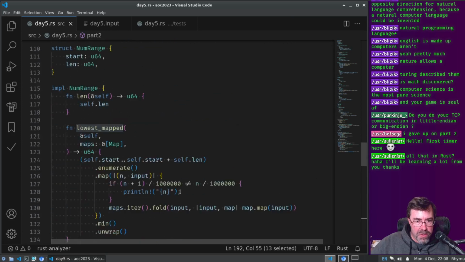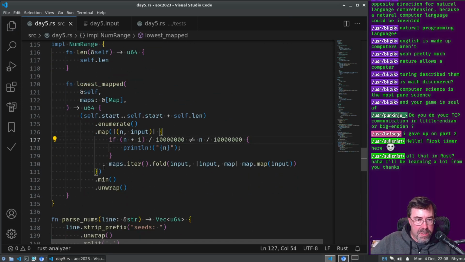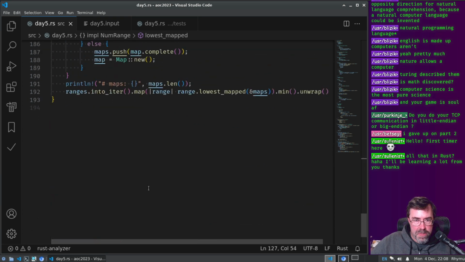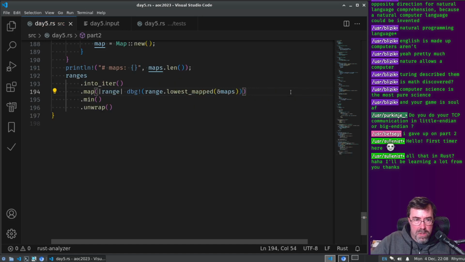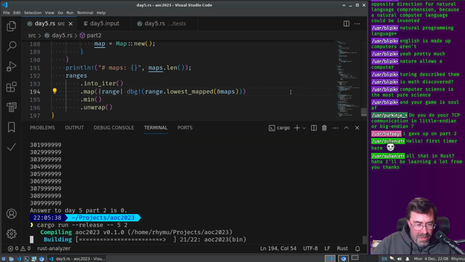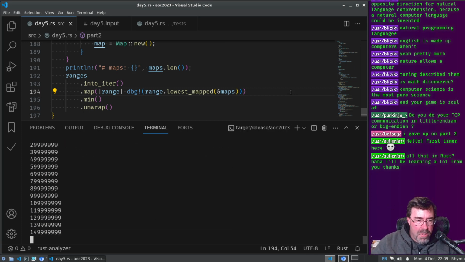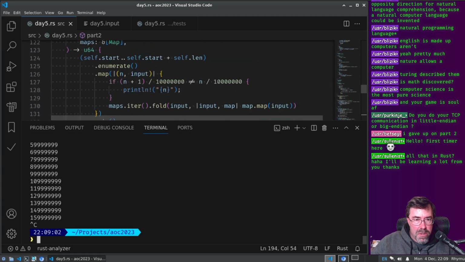Well, it was printing way too many numbers. Could we at least print out the lowest mapped here? Yeah, why don't we do a dbg so we can see what it is. Okay, I can add another digit.